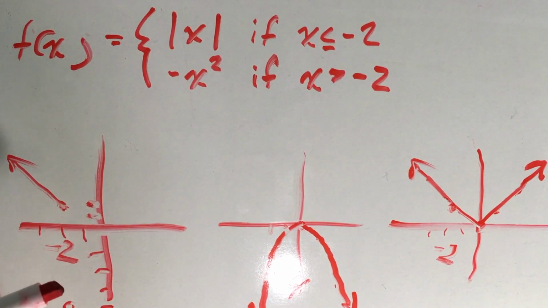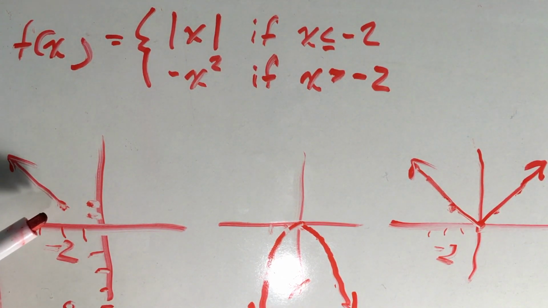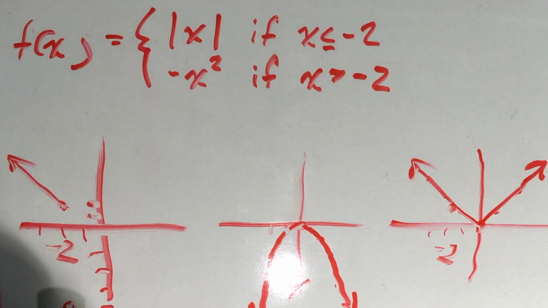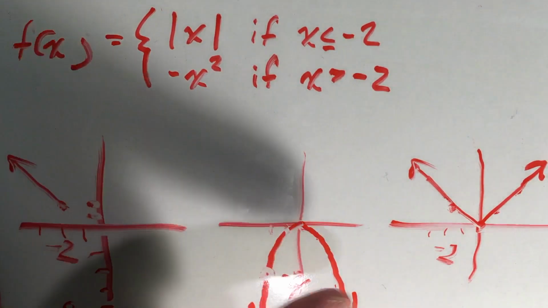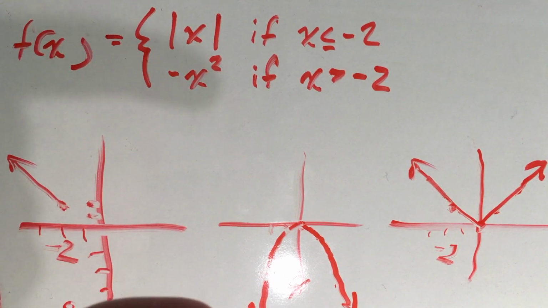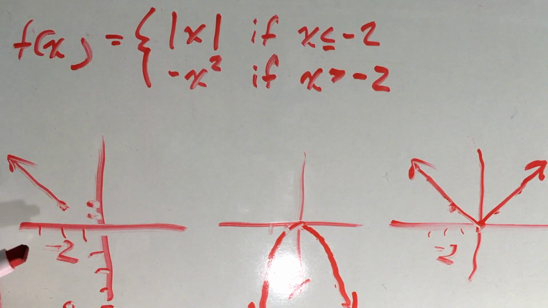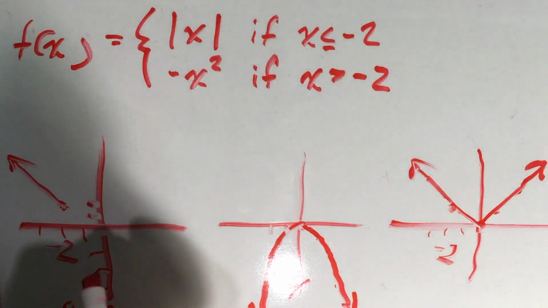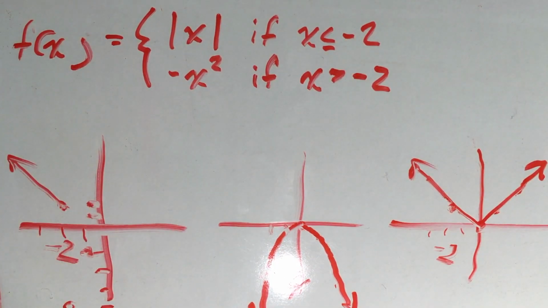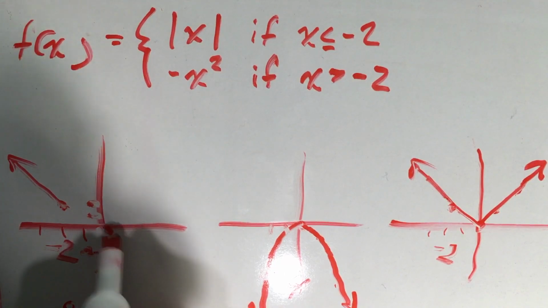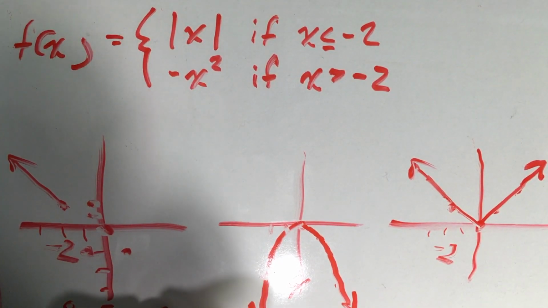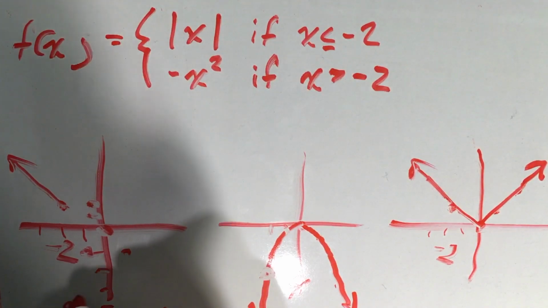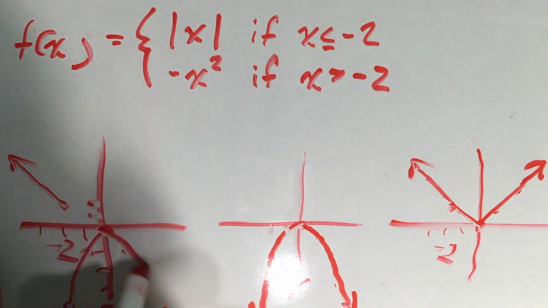Now you'll notice I'm not going to fill in the point at -4. And the reason for that is because my recipe tells me that the piecewise function is only equal to the absolute value of x when I'm at -2, not the reflected parabola. But for every x value moving to the right from -2 over, I'm going to draw what the graph of the reflected parabola should look like. So I know I have a point at -2, -4. I should have another point at -1, -1. I should have another point at 0, 0, 1, -1, and so on and so on. And if I connect those points with a nice smooth curve, I get what should be the final graph of